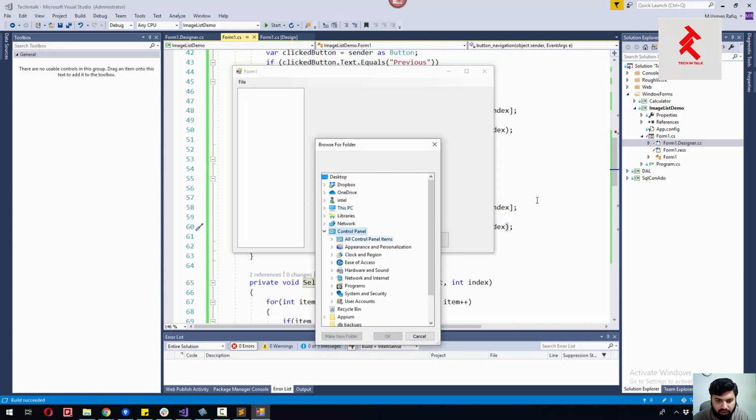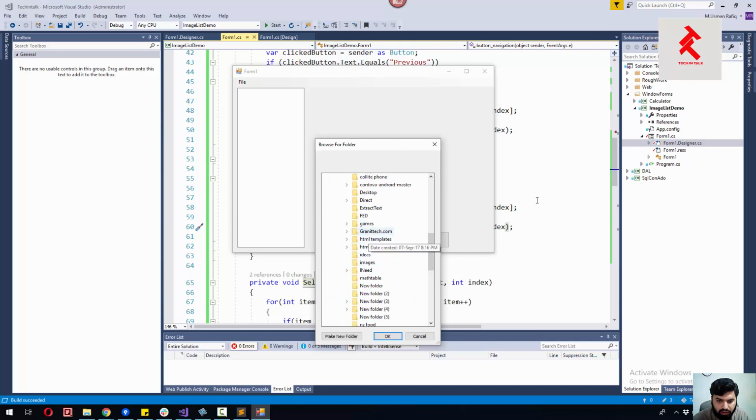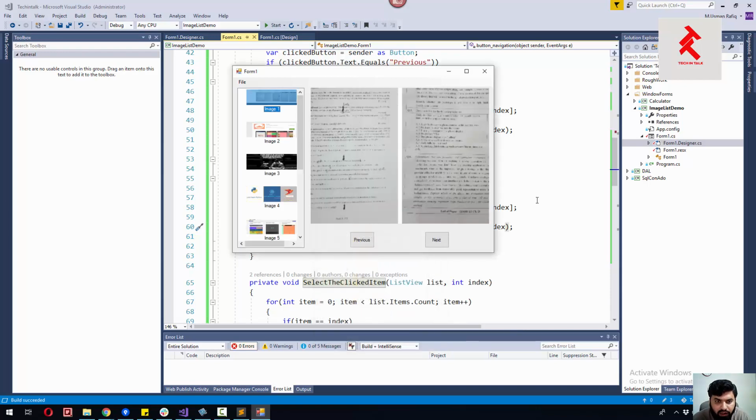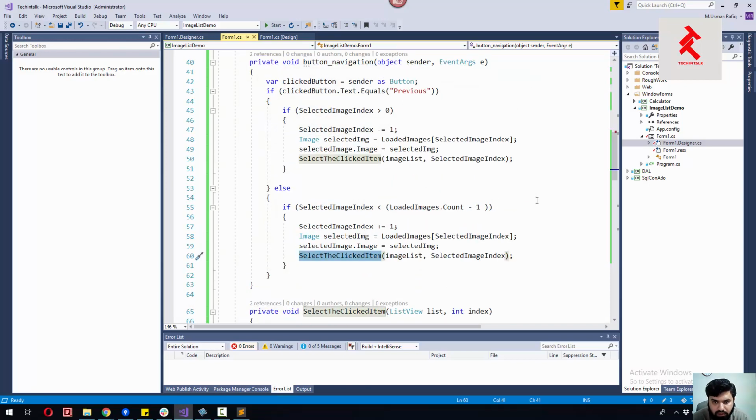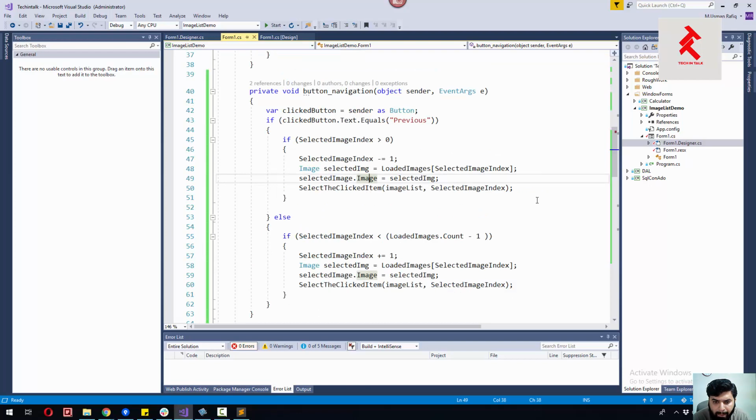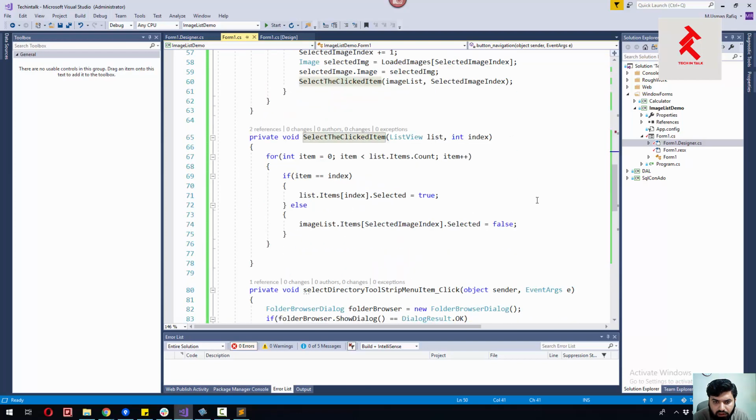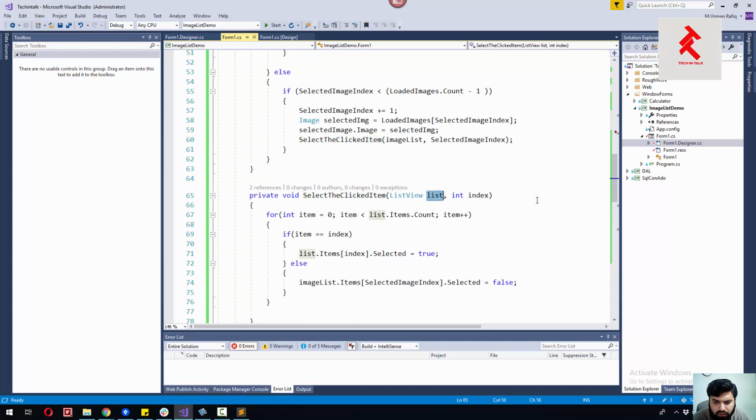I'm going to select the same, my PC, temp, and the images. Where the images go here. All right, so I am selecting and I am going to next item. It's not going previously. So what has happened? Let's see what has happened. What I have done is I am iterating